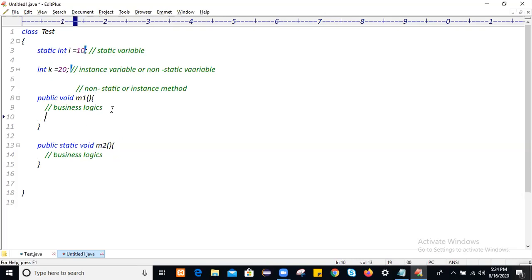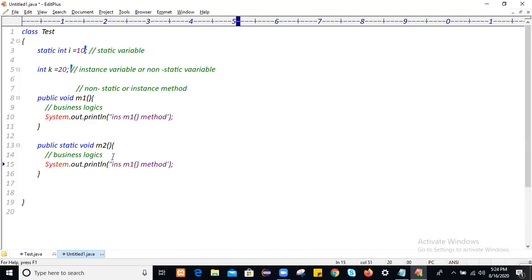Here I will simply write some dummy logics and display them to the console. To display this to the console, I will say this is my instance M1 method, or you can say non-static M1 method.